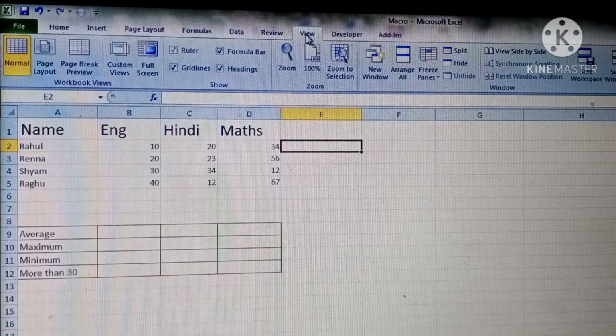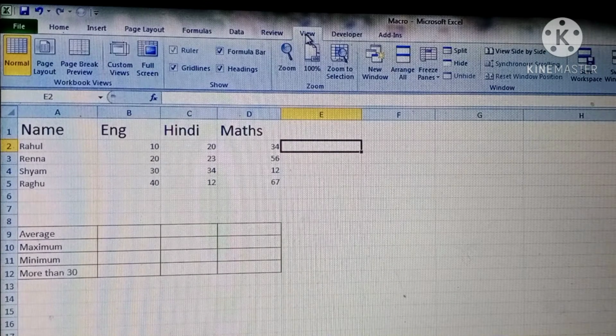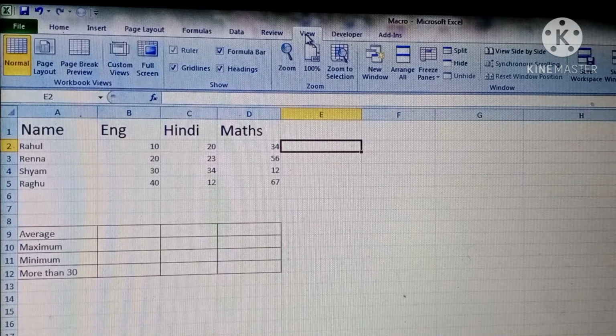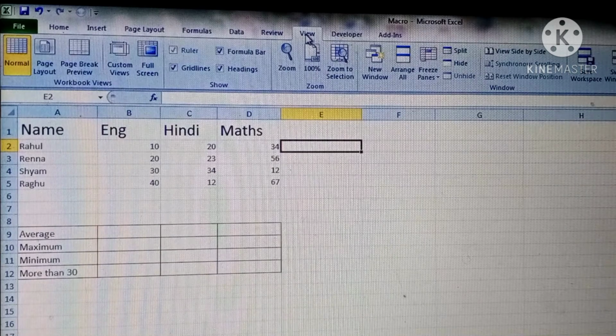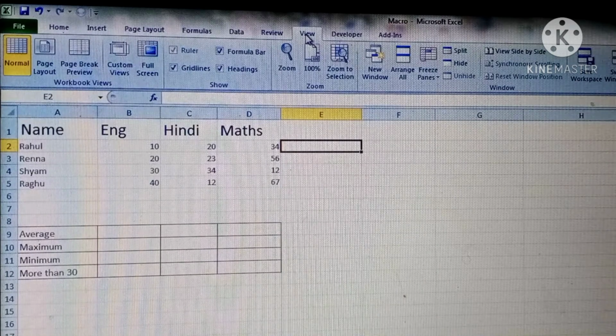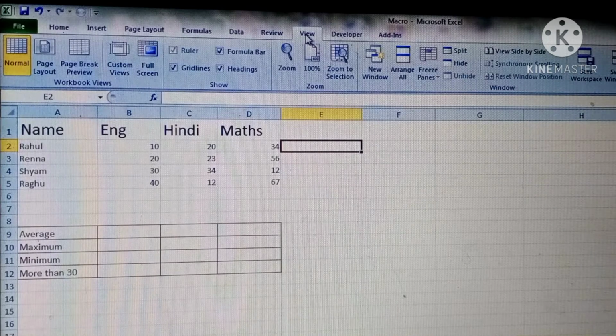After saving it, when I want the same steps for the marks in Hindi and for the marks in maths, we will not do the same steps again and again. We will just play the macro. It will automatically do all the 4 steps, that is counting the average in Hindi, counting the maximum, counting the minimum and getting the number of students who have got more than 30. That macro will automatically do all these steps in Hindi and maths. So this is our purpose today. Now you can see how we can do these things with macros.